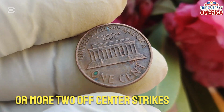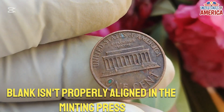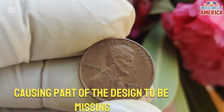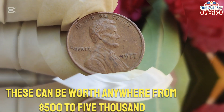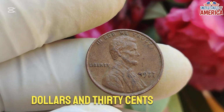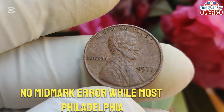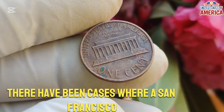Point 2. Off-center strikes. Sometimes the coin blank isn't properly aligned in the minting press, causing part of the design to be missing. Depending on how off-center the strike is, these can be worth anywhere from $500 to $5,000. Point 3. No mintmark error. While most Philadelphia minted coins don't carry a mintmark, there have been cases where a San